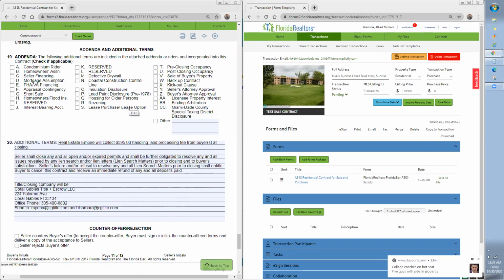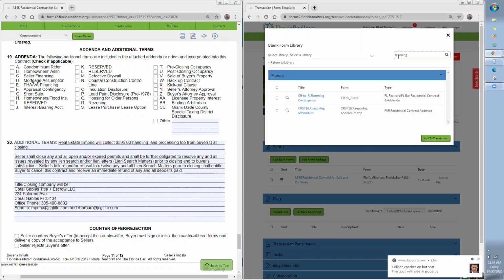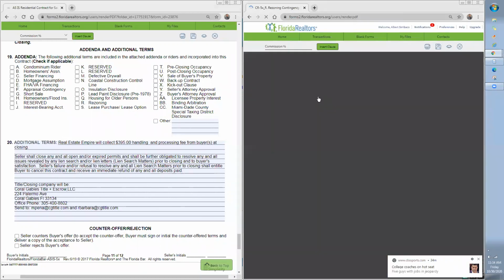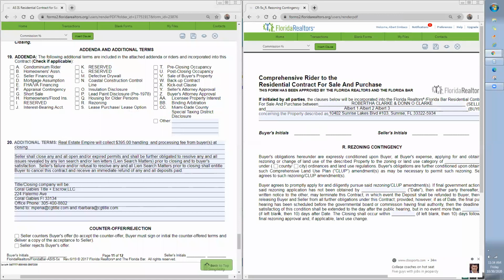Maybe it's a single family residential zone, and they want to know if it's possible to be a duplex zone or a multi-family zone. So this document allows the buyer to go to the zoning department and request that that piece of land be rezoned to what they want,